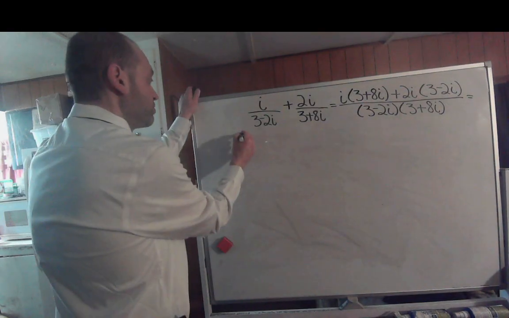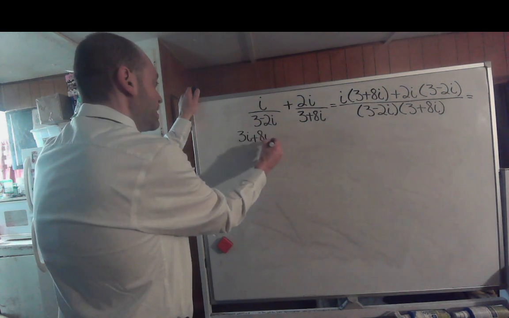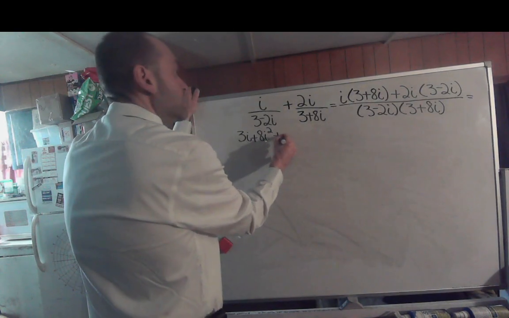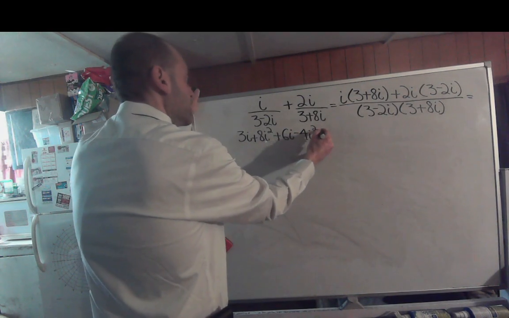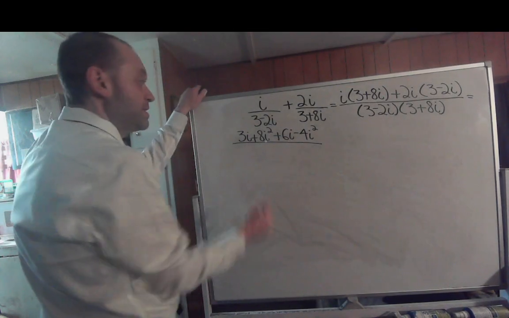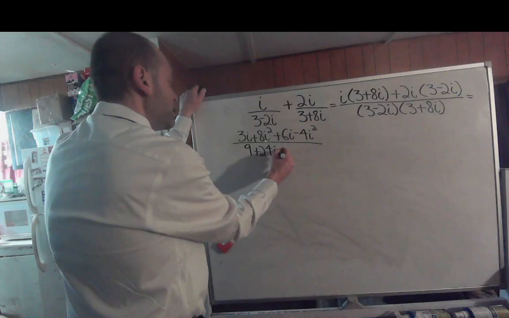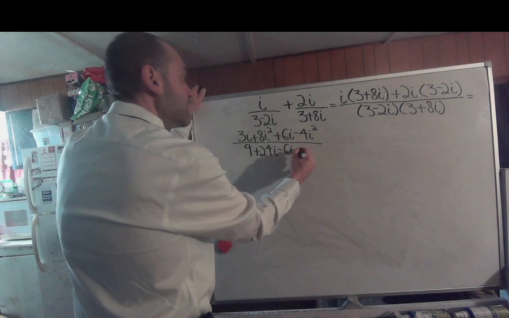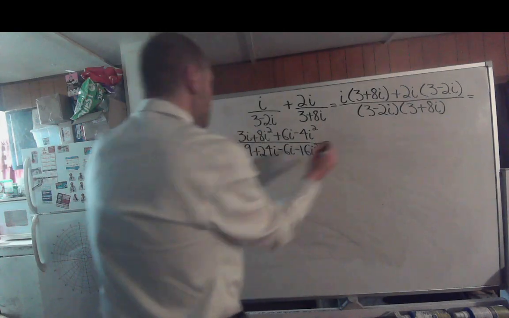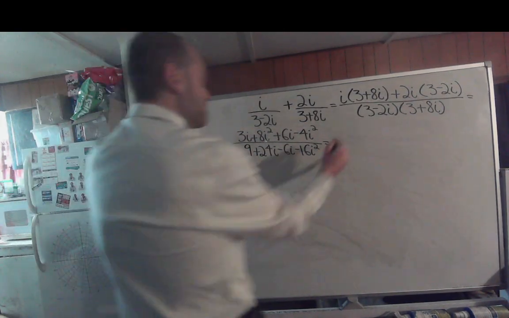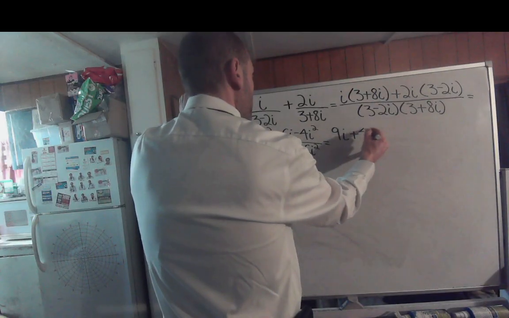So simplify the numerator, you get 3i plus 8i squared plus 6i minus 4i squared all over, let's FOIL the denominator, you would end up getting 9 plus 24i minus 6i minus 16i squared. All right, so now this is going to simplify in the numerator to 9i plus 4i squared